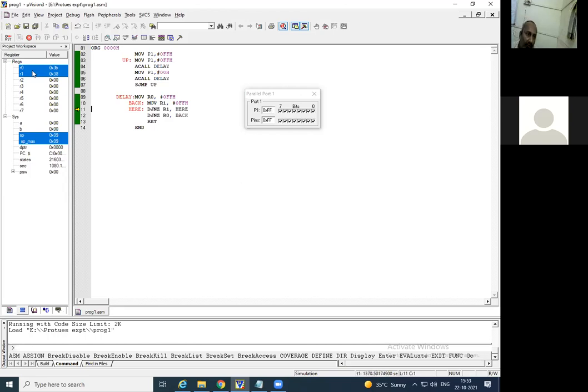On the left hand side, you can observe the status of R0, R1, SP, that is stack pointer. How they work and what their use is, one by one, we have already started to learn. So this is all for this particular practical as far as our MCA subject is concerned.